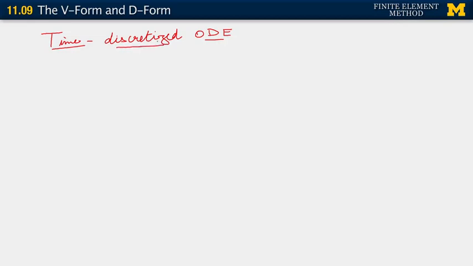We write it out as m v at n plus 1 plus k d at n plus 1 equals f at n plus 1. What we can say now is that we can invoke our Euler family as applied to our definition of v. So what this means is that d at n plus 1